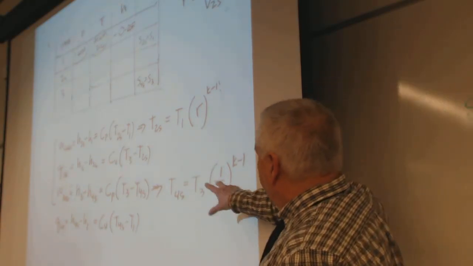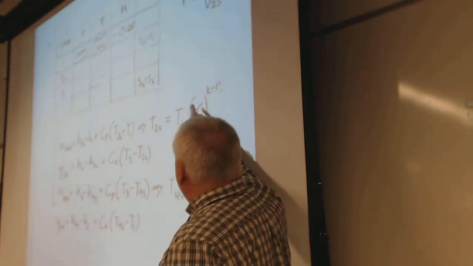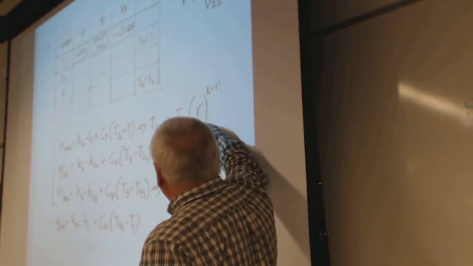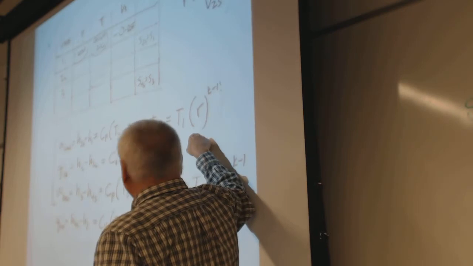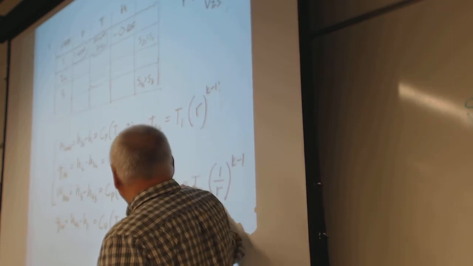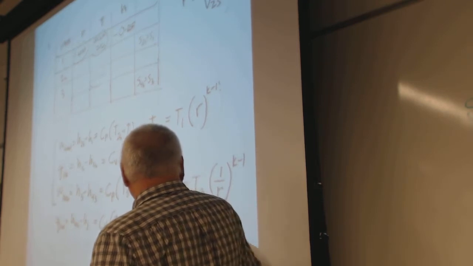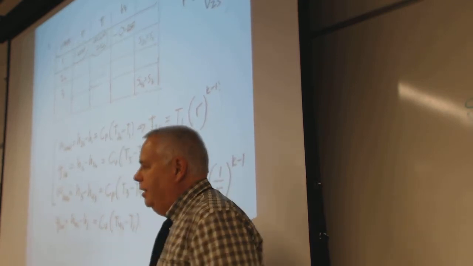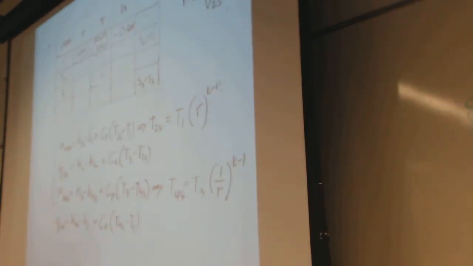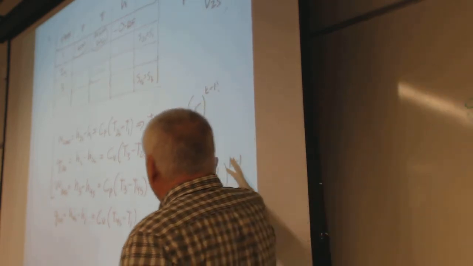Remember, this is a ratio of volumes. Based on those isentropic relationships, the ratio of volumes, V2 over V1 to this power, equals T2 over T1. And I just solved it for the T2S. And this is the same, only now we have to invert it, V4 over V3. Good idea. So that's how we do it if we had the numbers for this, and I don't have them right now,